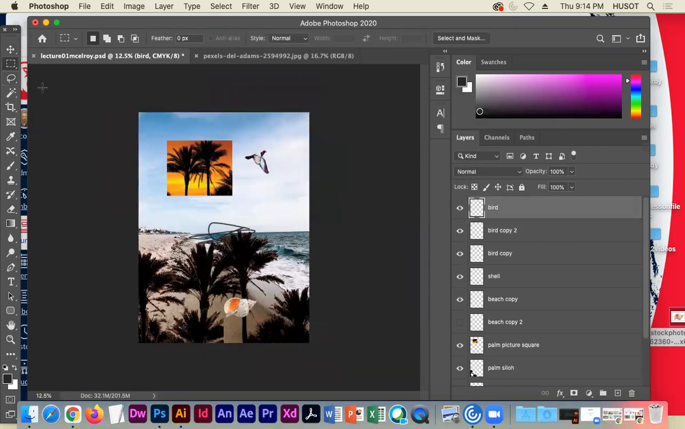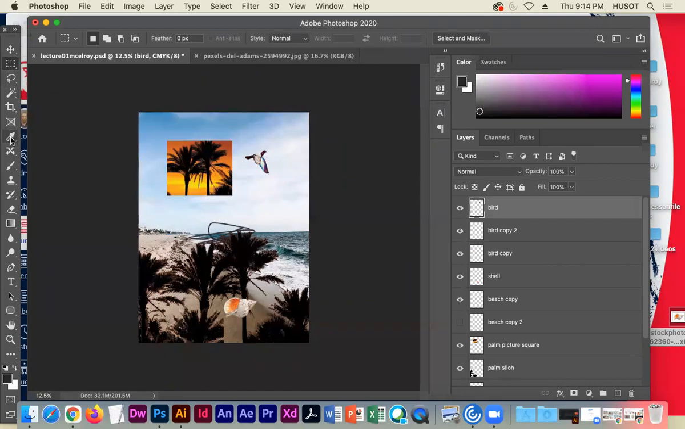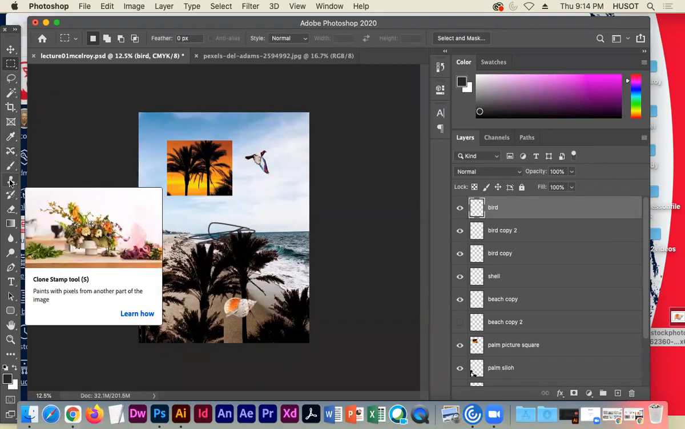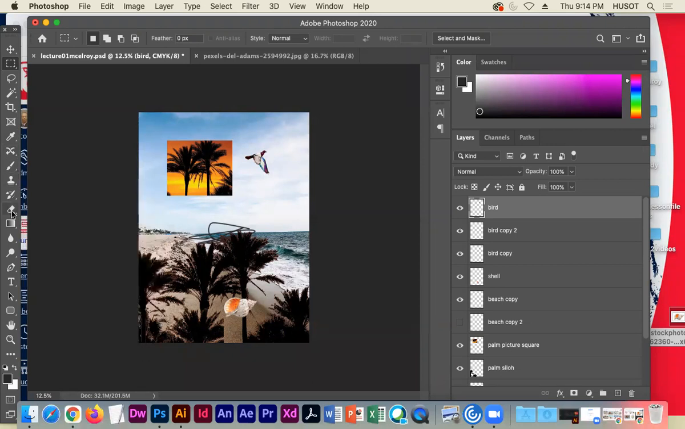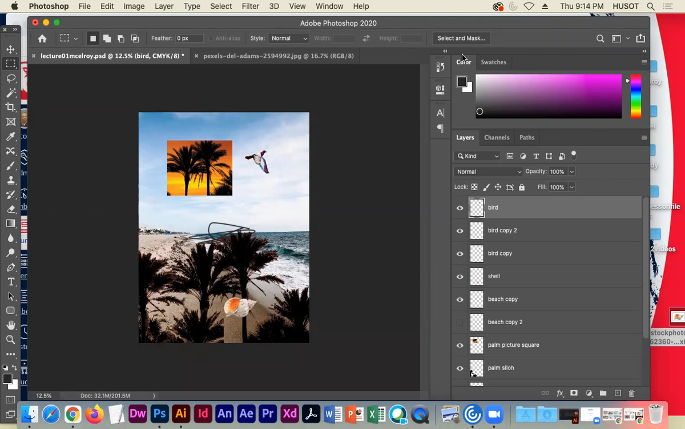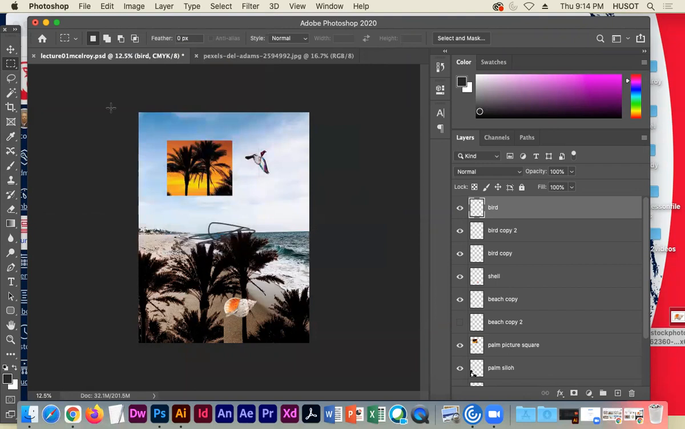So we covered your selection tools. We covered your eyedropper. We covered our paintbrush. We covered our clone tool. We covered our erase tool. We covered the properties menu. We covered the layers palette. And we covered the effects adjustments, image adjustments. Now, we're at the point where I wanted to be done with the lecture, so I'm going to leave you